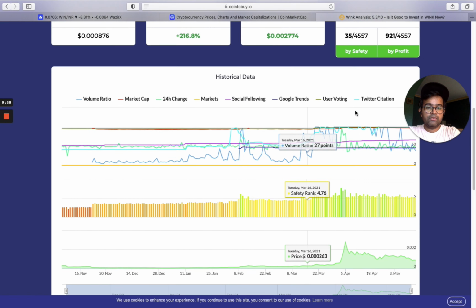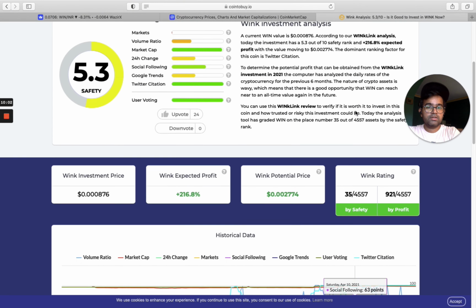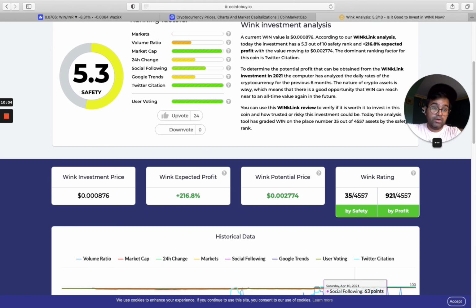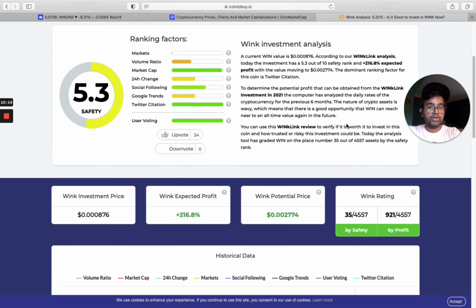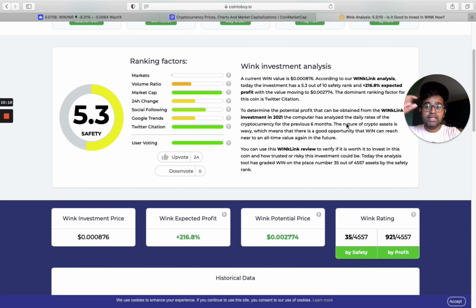how safe it is to invest, and it gives you a synopsis whether it's worth investing or not investing in it. Then again, this is just financial advice. They don't force you to buy it. At the end of the day, it's your call if you wish to put your money in or not. I would say anything over a 5 rating and which is not too expensive, I think that's a fairly good